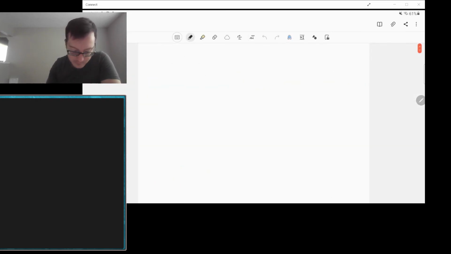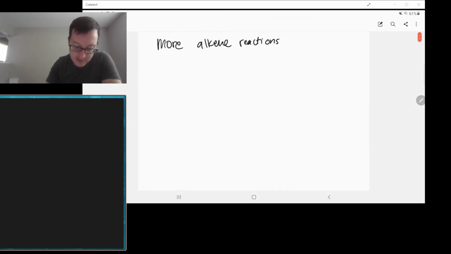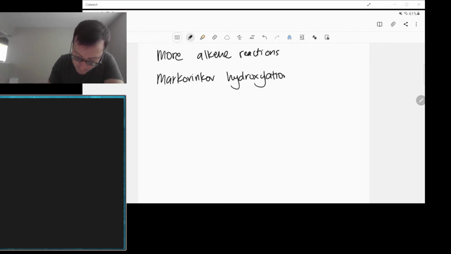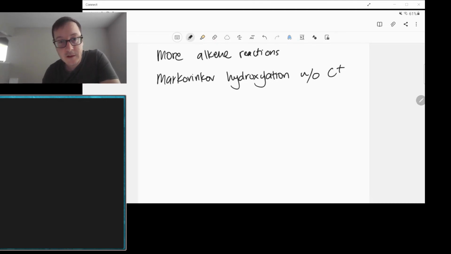So we're going to learn now how to do this. We're going to learn a Markovnikov hydroxylation without the carbocation. So we'll see the carbocation one is great. It works if we don't have rearrangements possible. However, if we do have,